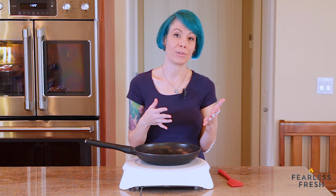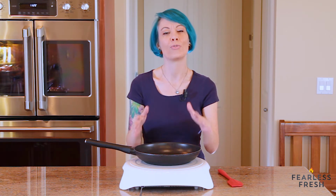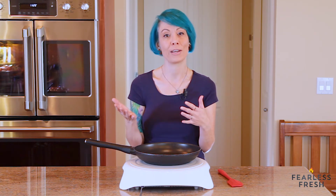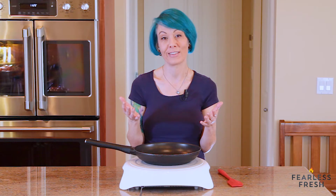Then there's creamy scrambled eggs that are a little moister. Instead of having individual bits of egg, they're more like one beautiful plate of eggs. And the difference is temperature, right? So hard scrambled eggs have been cooked to a higher temperature, which means they've been overcooked. I hate to say it for all you people out there that really love solid scrambled eggs, but